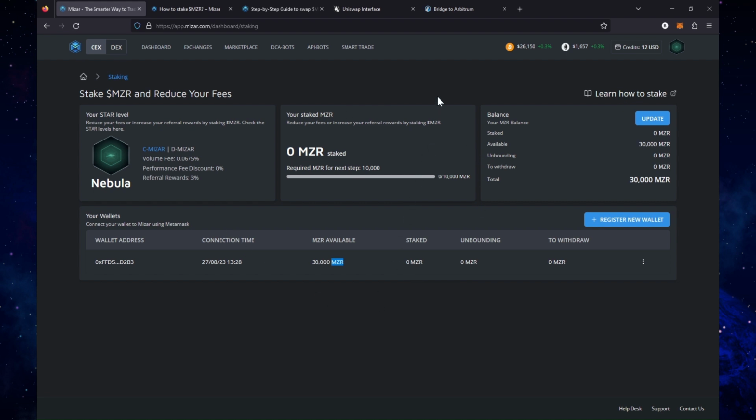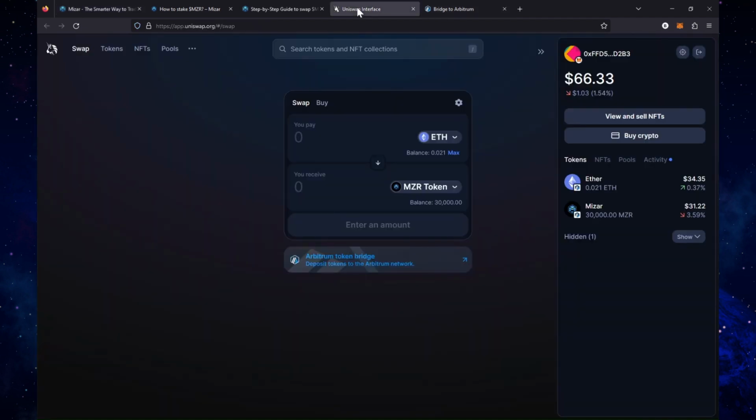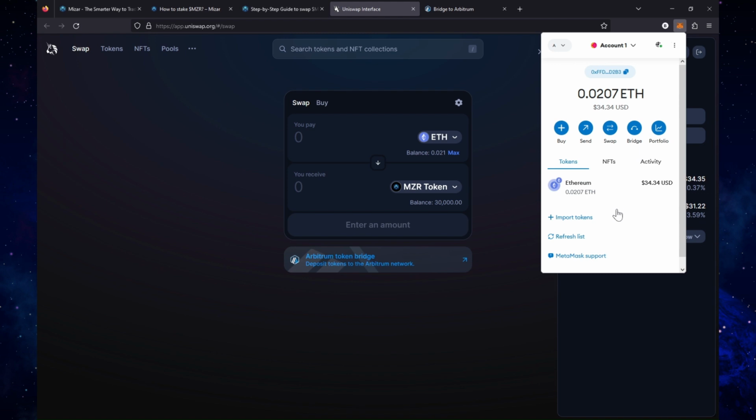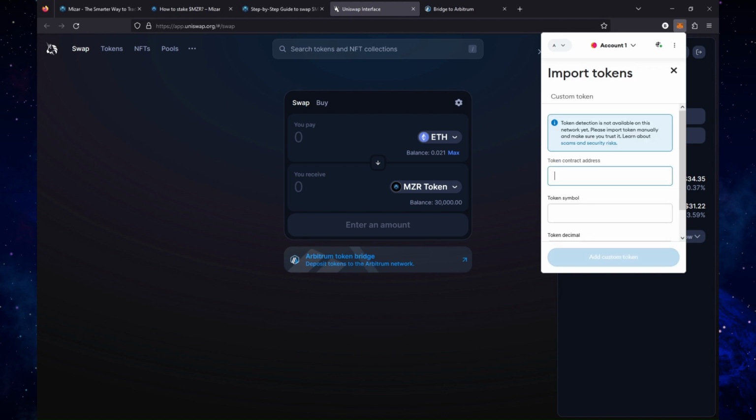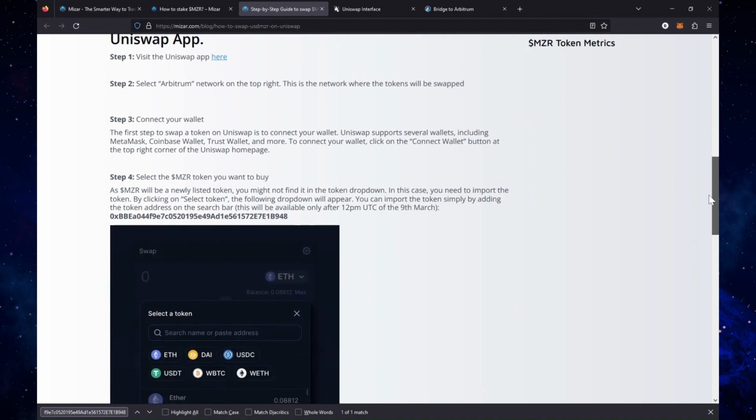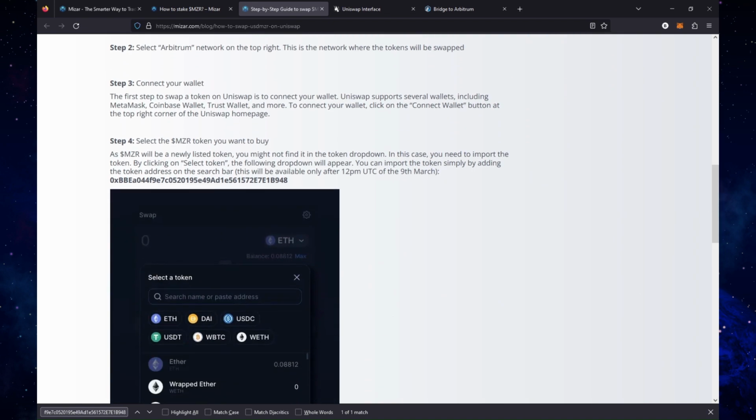So after we purchased the token here, if you are doing it for the first time, like I'm doing it here, and if you open your wallet, you actually will not see it under tokens. So we need to import the token address to make it visible. And here in the instructions in the article that we already looked at, Mizar gives us the address. So we will copy this address